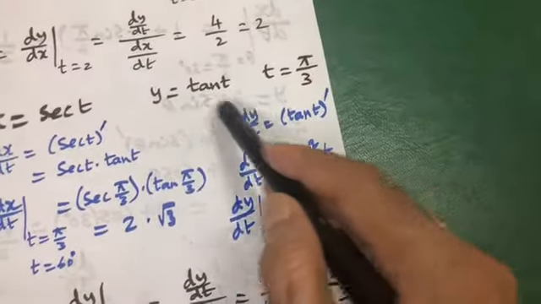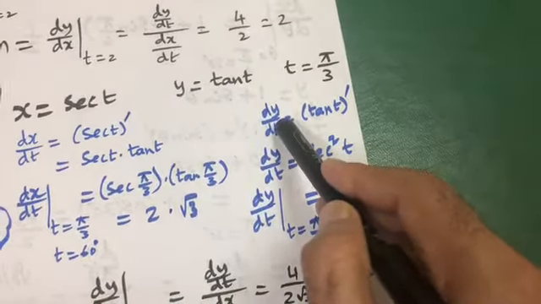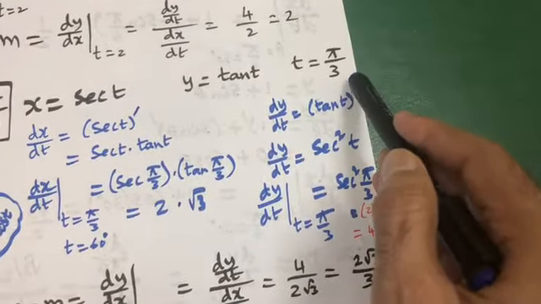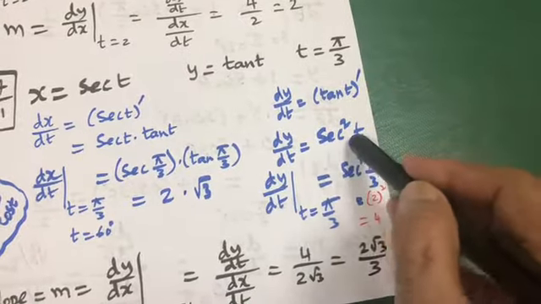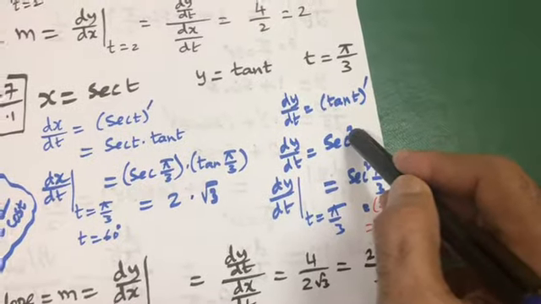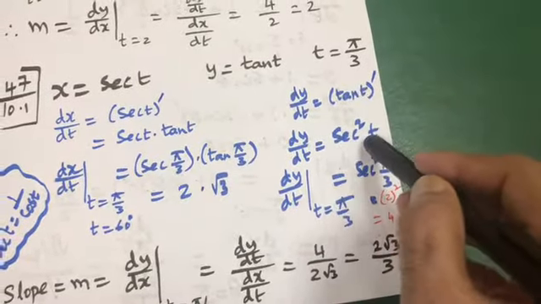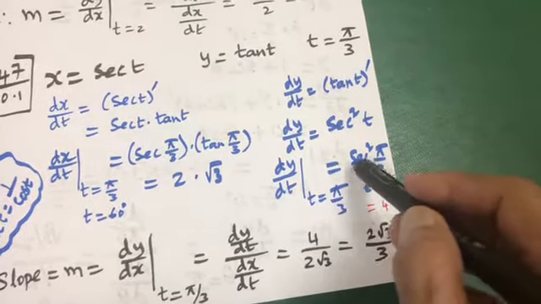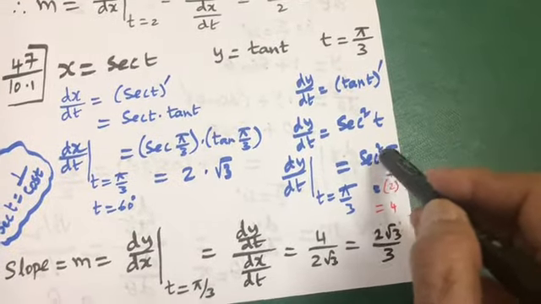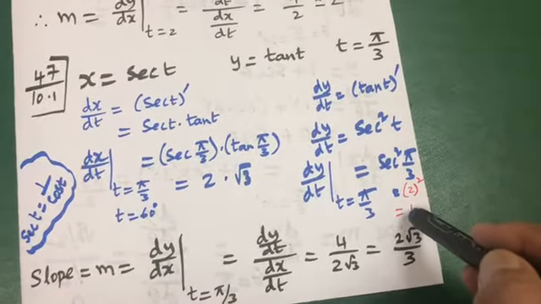Now you take y is equal to tan t, y derivative with respect to t is dy over dt. Tan t derivative is secant square t, this is the formula you know, tan x derivative is secant square x. This is what you have to remember, there is no shortcut for this. After finding the derivative, put the point t is equal to pi over 3, which is 60 degrees, that is secant square pi over 3. How to use calculator? Secant is written as 1 over cos t, so accordingly you get 4.